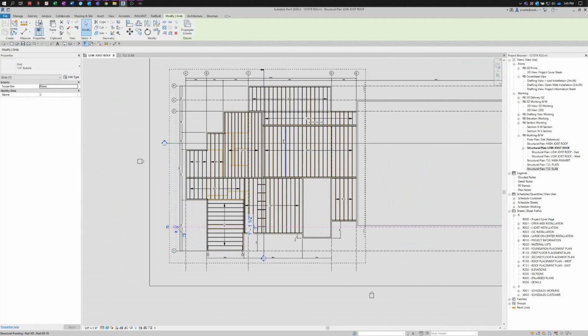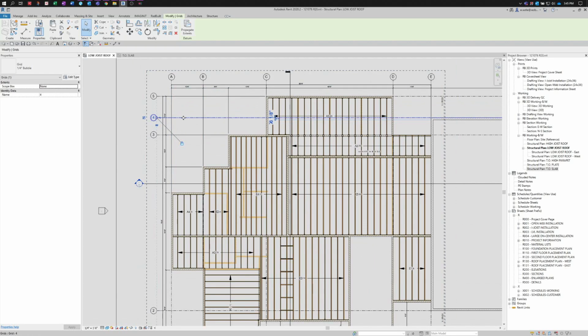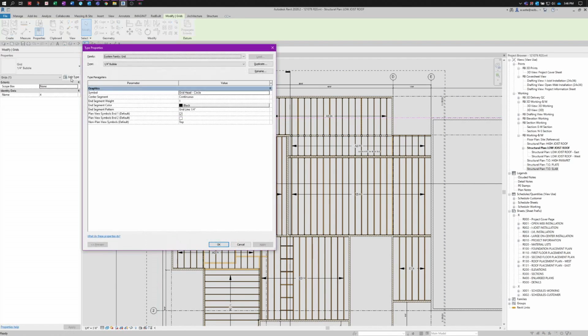And some of it goes right through our plans, and we'd like to clean them up. The way to fix this is select one of the grids and come over to the Edit Type button in the Properties. Under here you have the center segment, which from different options, continuous, none, or custom, you can set